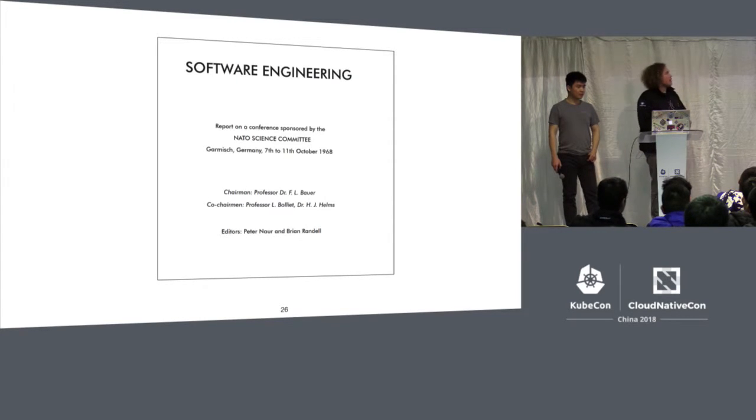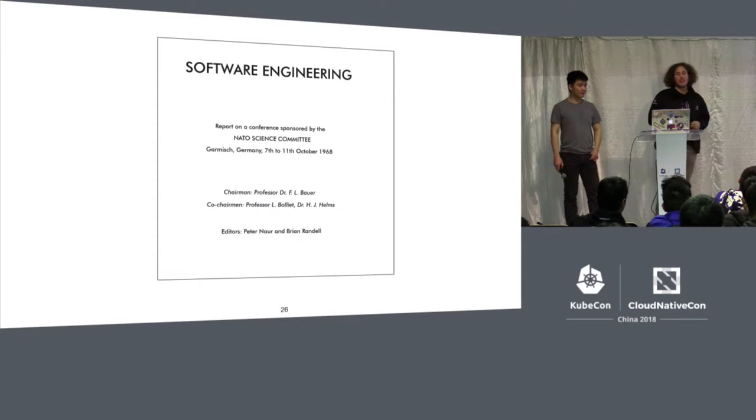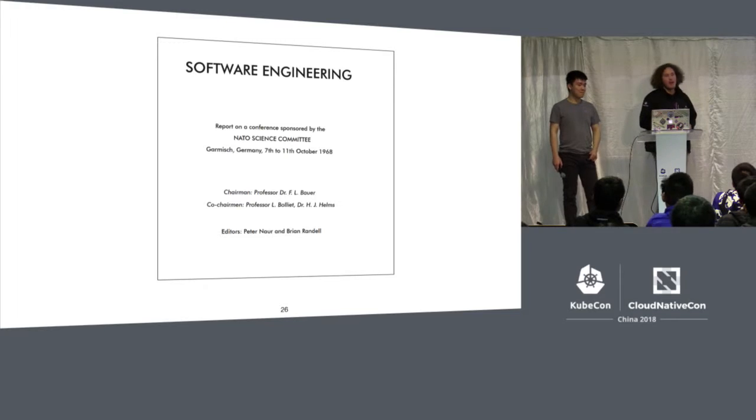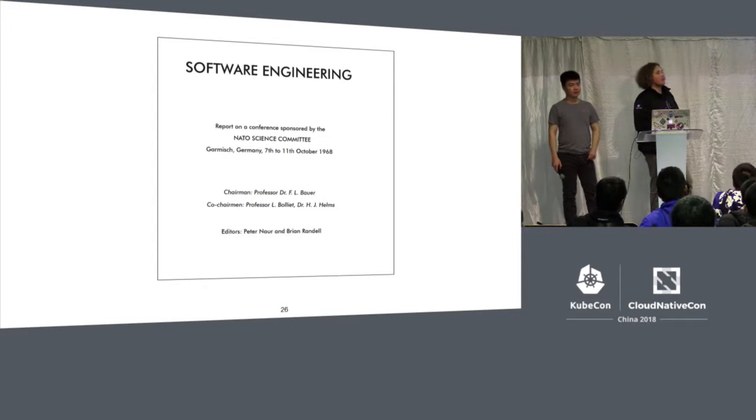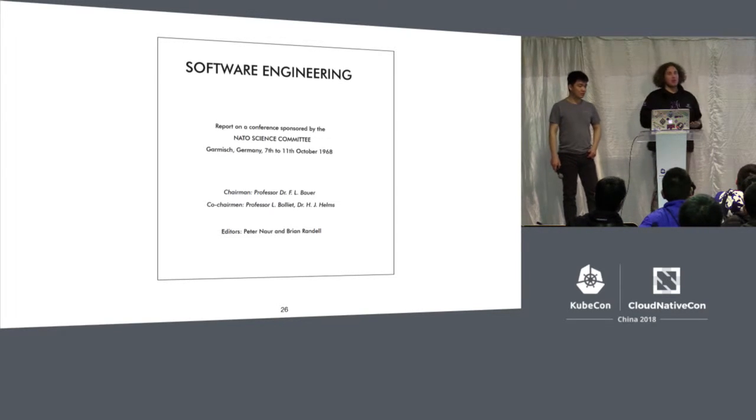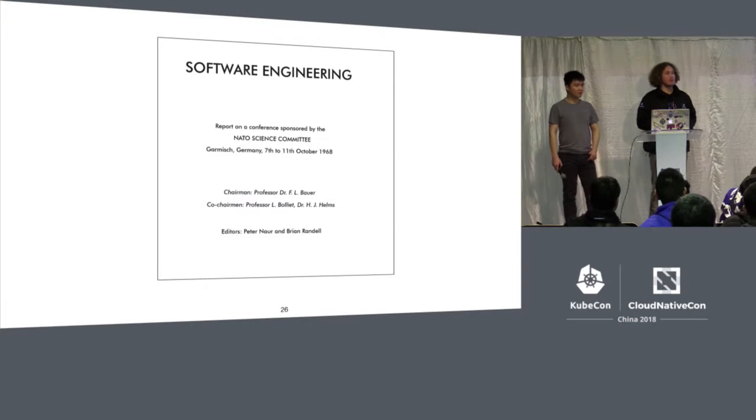This is the original paper, the first publication on software engineering. There was a mention before, but software engineering is something where I feel we can learn a lot for data science. I feel data science right now is in a state software engineering was in around 1968, where everyone was doing things very ad hoc. Everyone was trying to figure out his or her own ways of doing things.